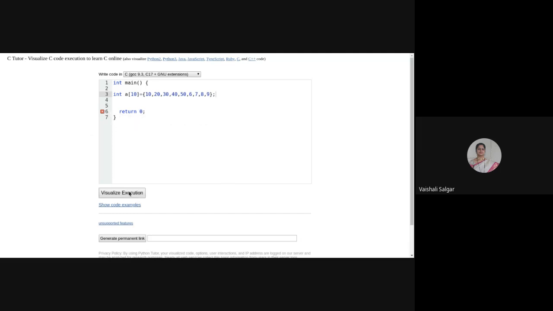Now see, when I visualize what I said: whenever you declare an array, based on its data type, the memory will be allocated and reserved for that particular variable. So I have done int a of 10 and assigned some values. But whether these values will be assigned to that particular index, that's what I tried to show you. Only array memory locations will be allocated, that is my pre-computation, whereas the actual elements will be stored at that location. So 10 will be at the 0th position, 20 will be at the 1st position.